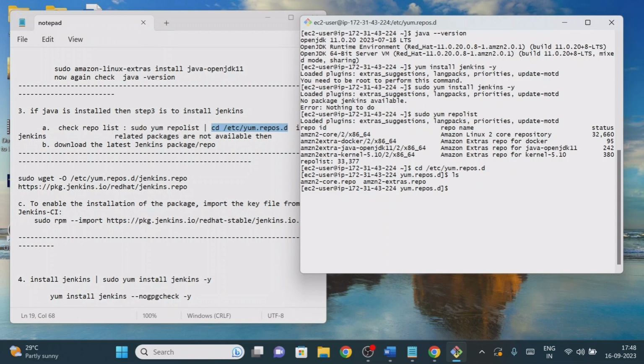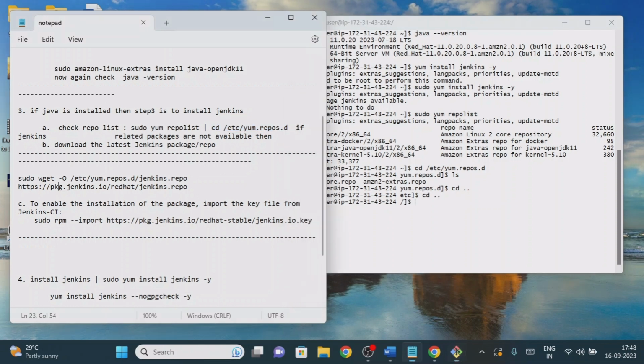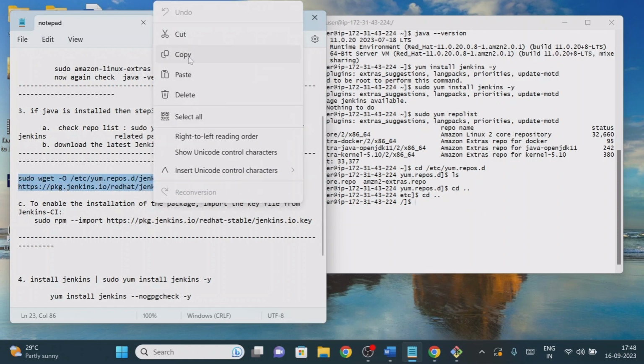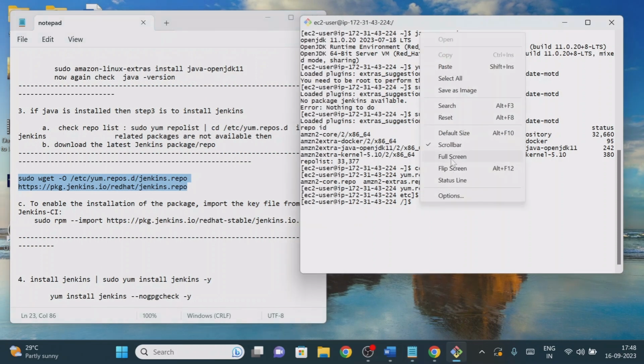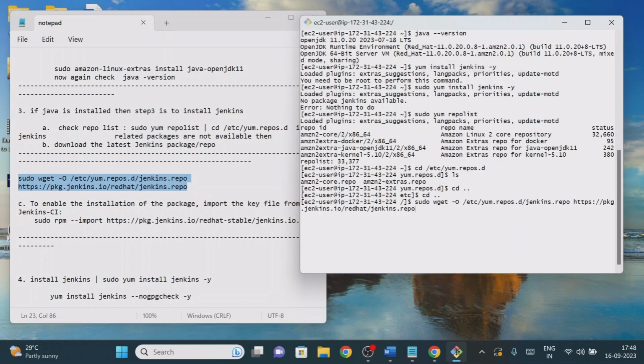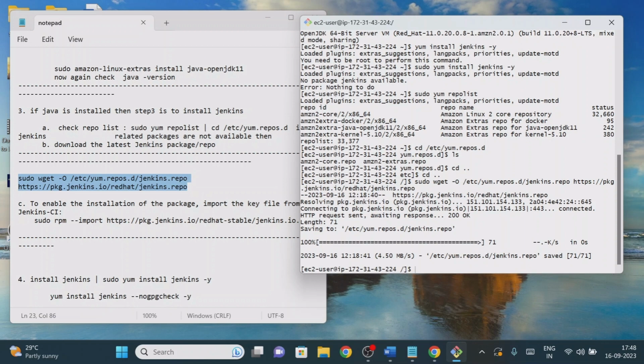Now what we are trying to do is install the Jenkins repository first. Let me go back to the actual terminal. cd is to go back one step. Then the first thing we need is to download the repositories from the internet. You don't need to search; here I have given the link directly. Just copy this and paste it here. Now see that it is trying to add the repositories.